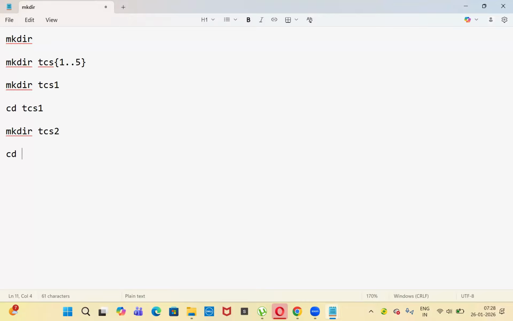Again cd TCS2. Again mkdir TCS3. Again cd TCS3. Again mkdir TCS4. Instead of giving multiple commands to create a directory inside a directory,